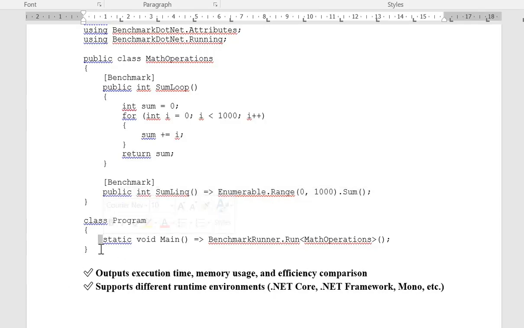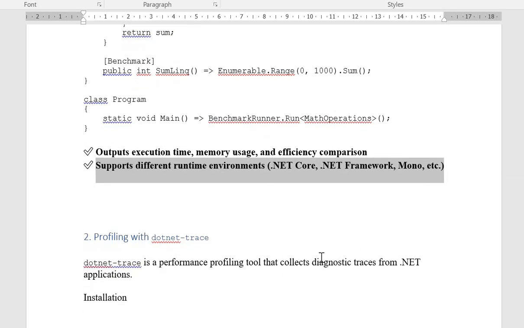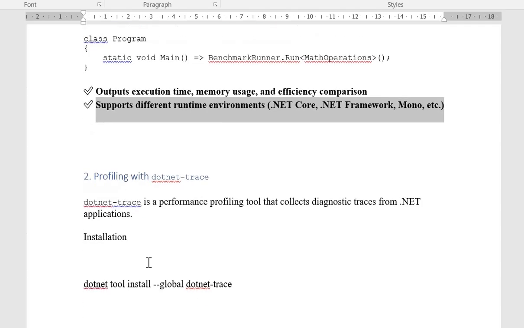Class program: a static class, a static program-wide menu, benchmark runs math operations and outputs execution time, memory usage, and efficiency comparison. It supports different environments like .NET Core, .NET Framework, and MongoDB,